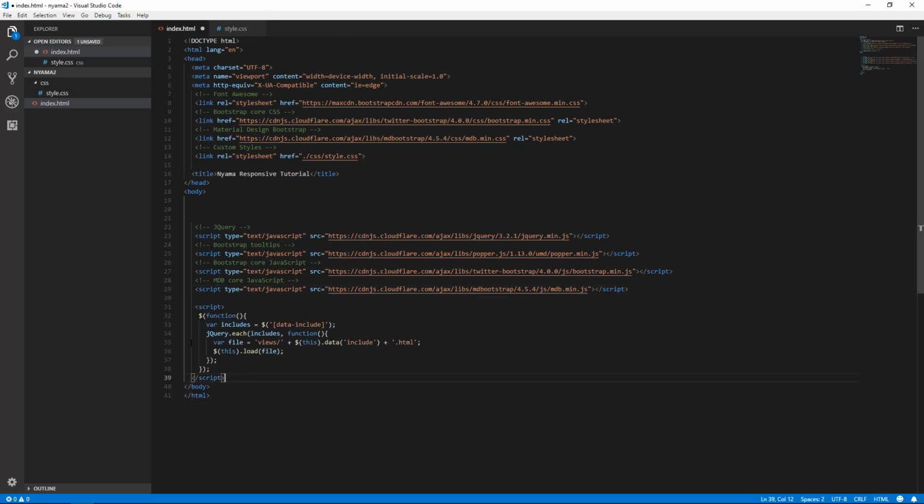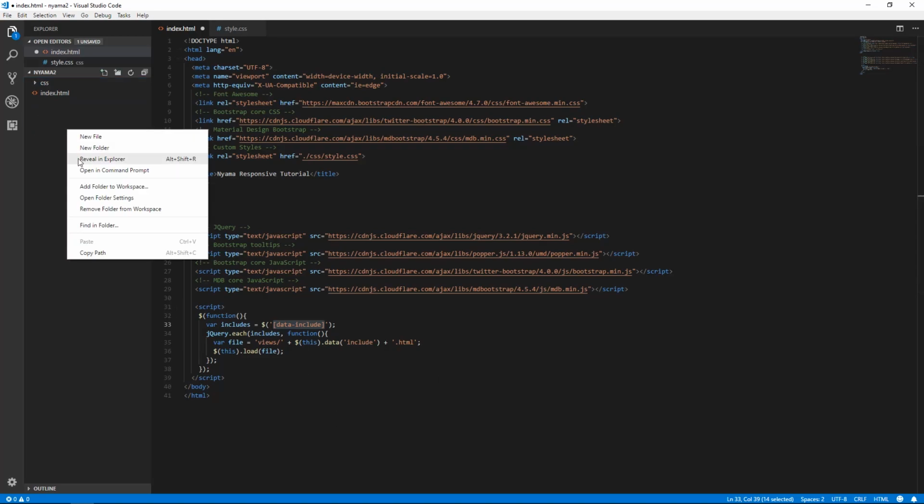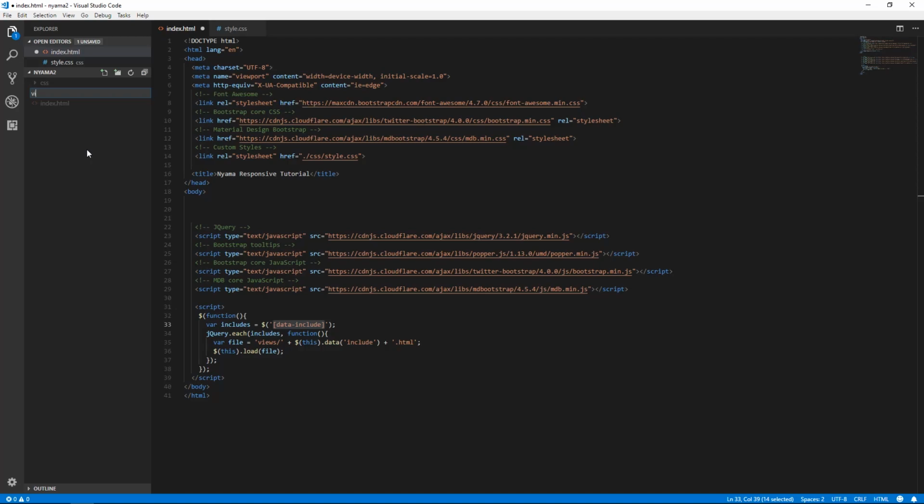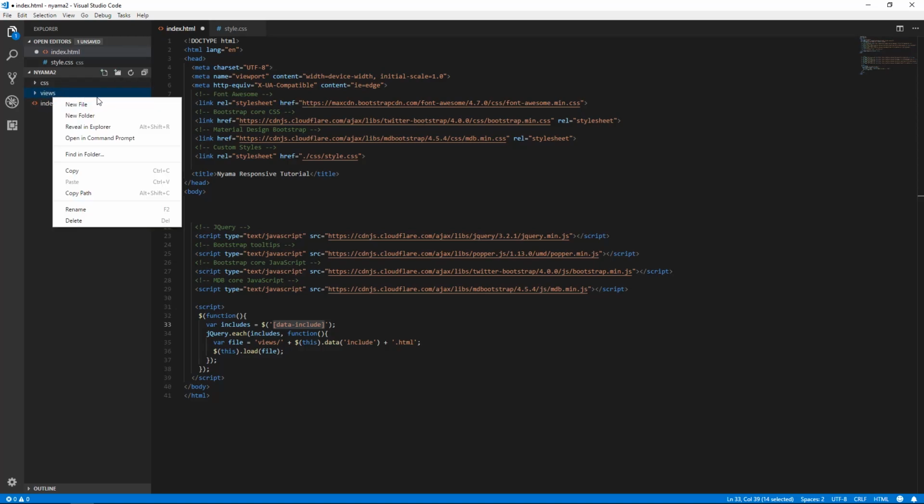Maybe I'll go through it. So what the script is doing, it's creating a variable, and it's using the jQuery syntax. It's taking the attributes called data-include on the HTML elements, looping over those, getting the files from the views folder and loading them inside that HTML. So what we can do here is create a views folder, and in the views folder we create a footer,